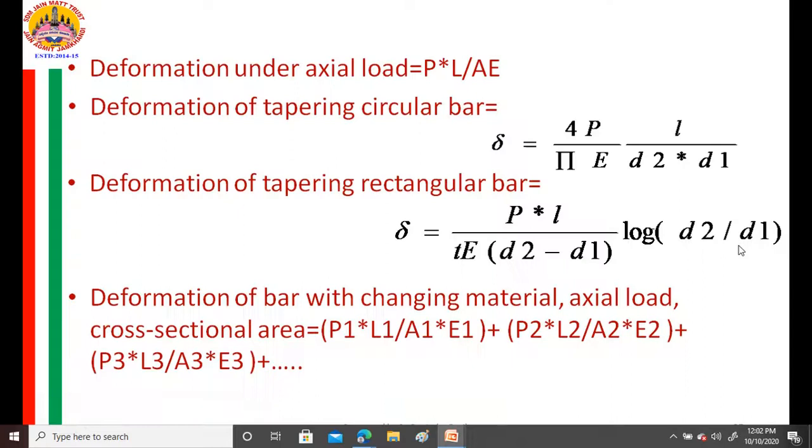If you want the resistance anywhere, you are cutting the member there and taking one of the parts, marking all the forces on that part, and one unknown force you are calling the resistance R, and making the total equal to 0. You are getting the resistance there. That resistance you are taking as P1, P2. The rest are all known to you. And that resistance, whether it is compressive or tensile, how you are deciding? If it is acting on the body, compressive. If it is acting away from the body, tensile.